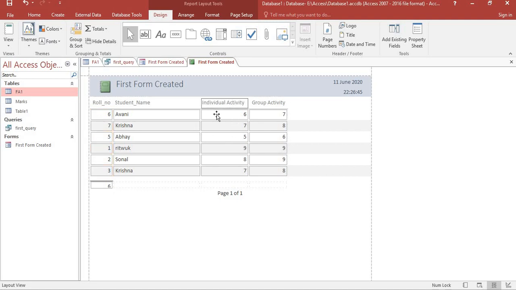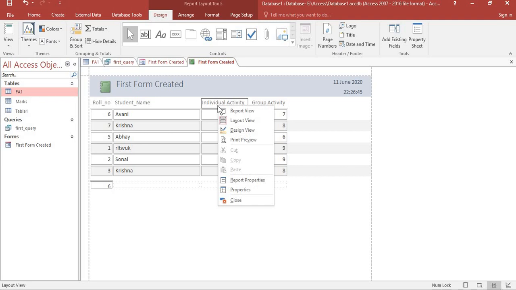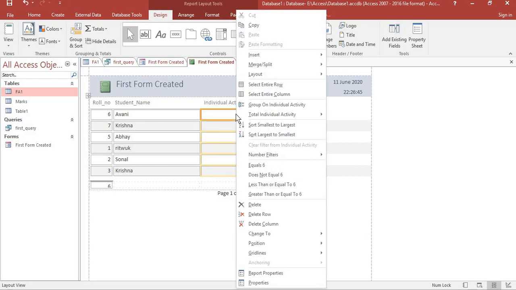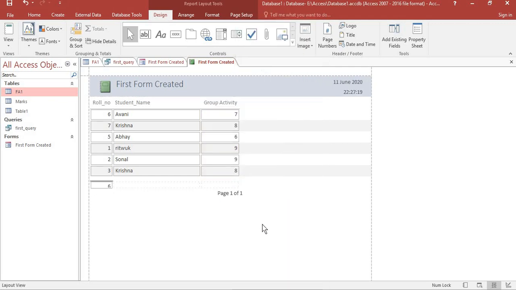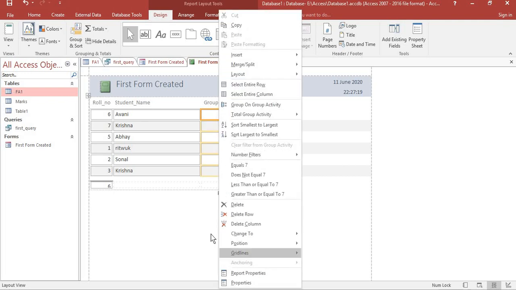Now the next thing we should know is about report. Now we will go to the create tab again. In the report option, there are many buttons at the bottom right. I'll show you. I'll click here, and in the bottom right option, look at this mouse pointer.